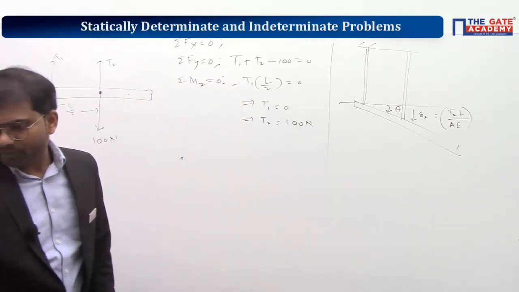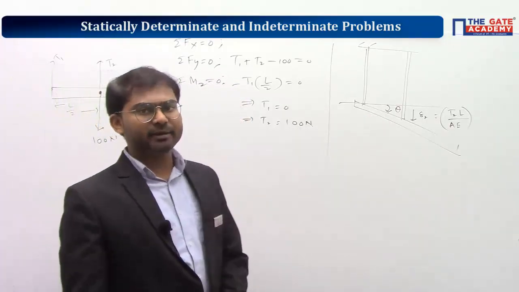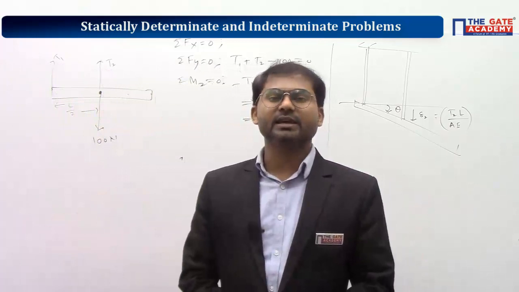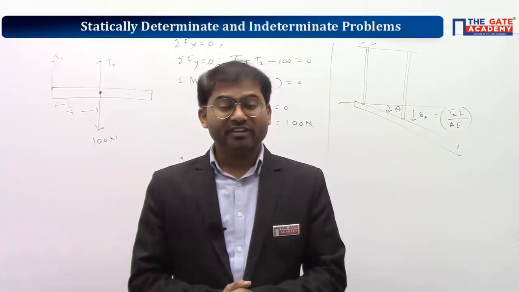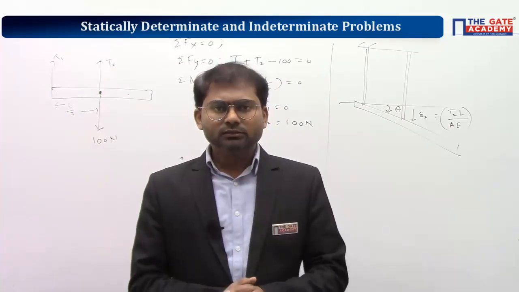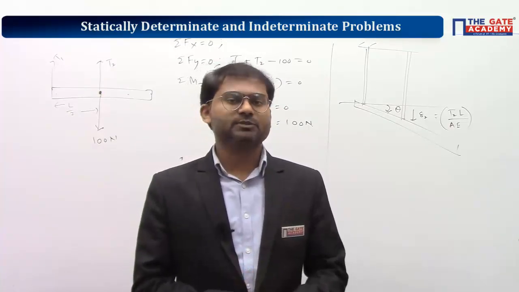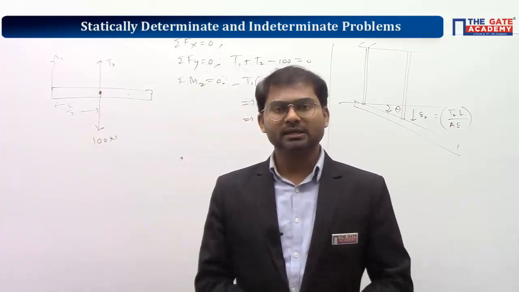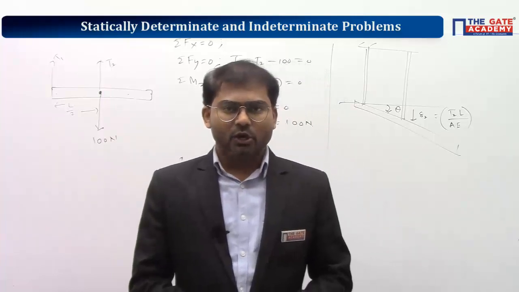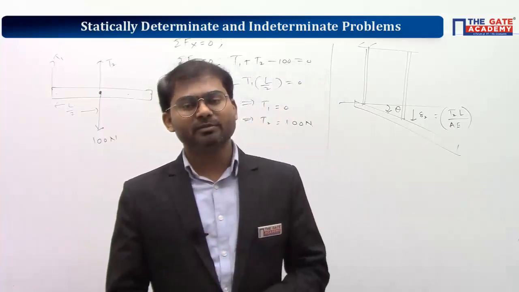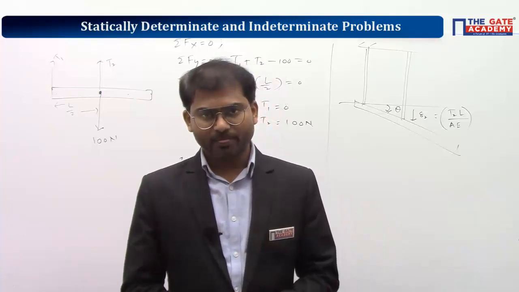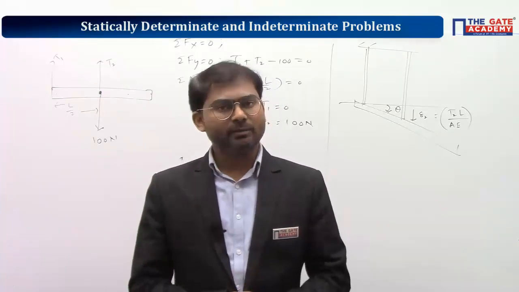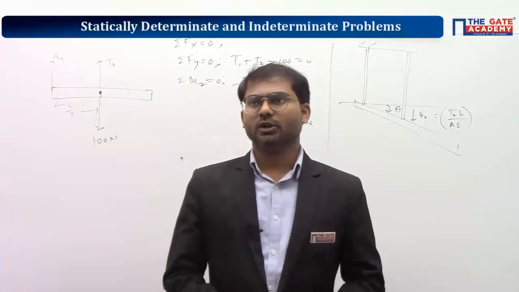Thank you. Let's go ahead with statically indeterminate numericals. There is nothing special to study here. The numericals are problems in which we cannot get all the reaction forces and moments just by applying equilibrium conditions, and they are called statically indeterminate numericals. So for a numerical to be statically indeterminate, in a 2D system the number of unknowns should be more than 3, and in a 3D system the number of unknowns should be more than 6. That's all. Okay?